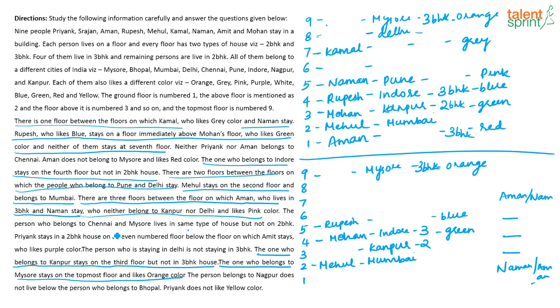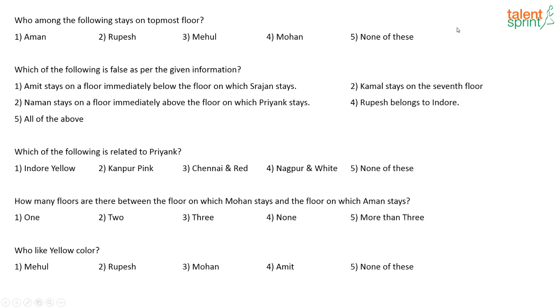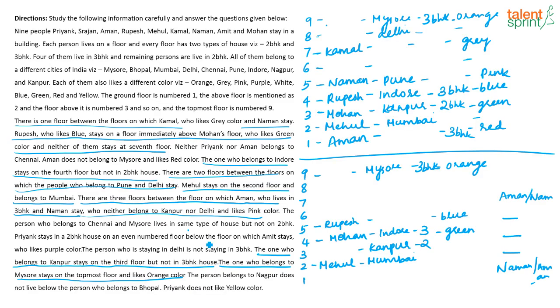The person who belongs to Chennai and Mysore live in the same type of house, but not in a 2 BHK. Okay, we don't know where Chennai is. Let's wait for that. Priyank stays in a 2 BHK house on an even numbered floor below the floor on which Amit stays, who likes purple color. So if you look at the colors, okay, which are the colors that we are pending with? See, 1, 2, 3, 4. Here 1 color and here 1 color we have to fix. And it is said that